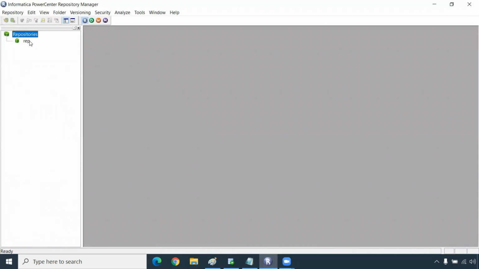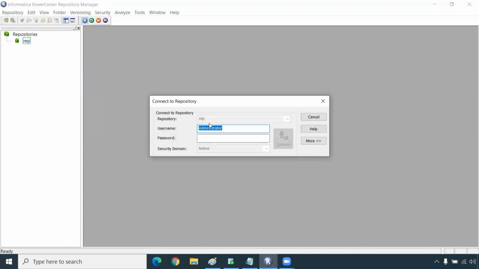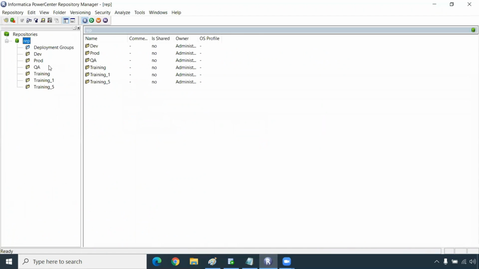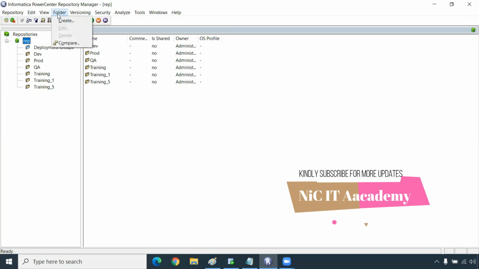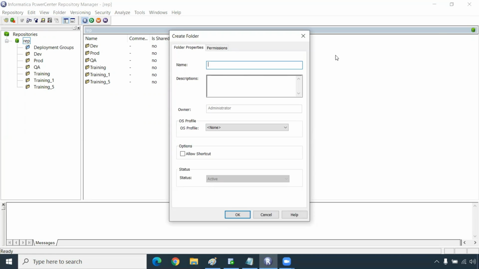I'm connecting to this Repository Manager with the admin user. In a real-time project, there will be a lot of folders. I'm just creating a folder for this. Go to the folder menu and you can create a folder. Here I'm creating a folder called NIC IT Academy. All these sessions we are going to see in this folder only.